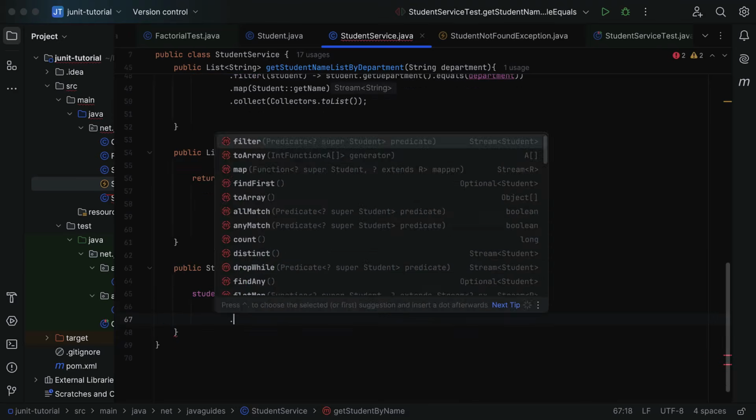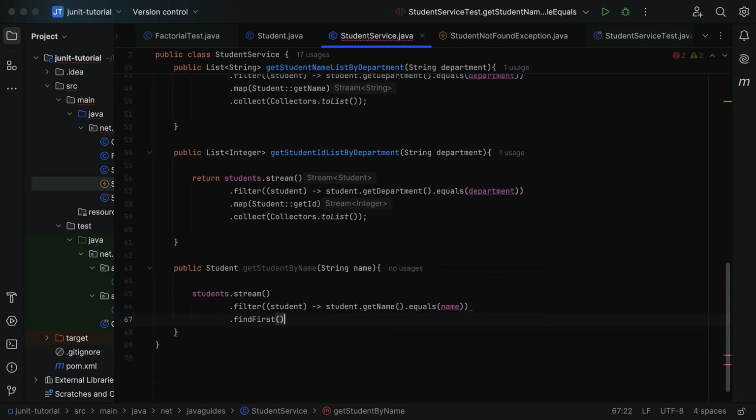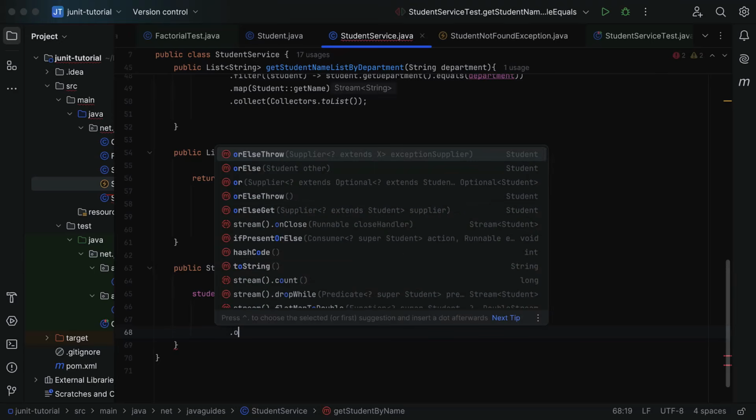Next, let us call the findFirst method to return the first student from the stream, and then call the orElseThrow method. Let us say if a student with a given name is not available in the stream, then we will throw the StudentNotFoundException. So in order to do that, let's call the orElseThrow method, and notice here the orElseThrow method takes a Supplier as a functional interface, and we have to provide